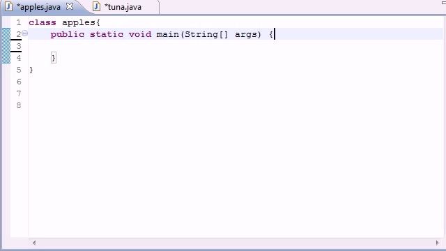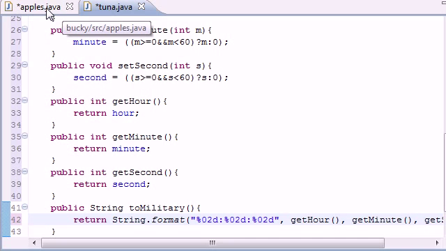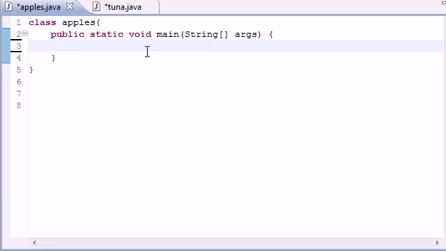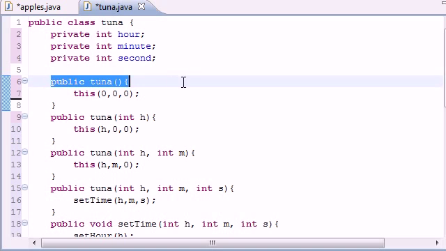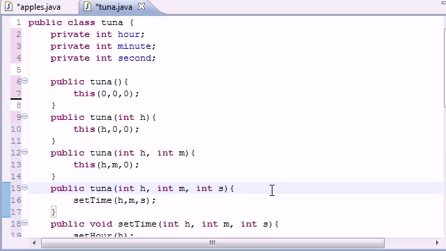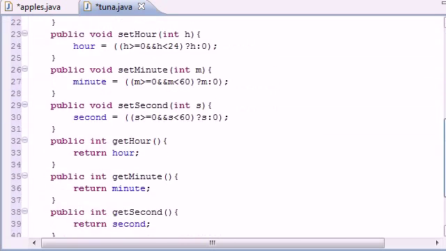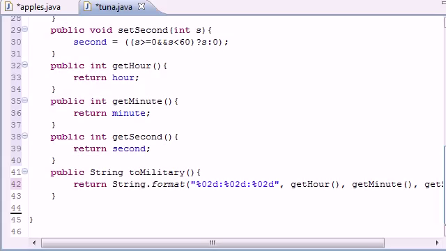So now we can go into our main Apples class right here, and we can begin building our objects. We're going to create 4 different objects because we had 4 different constructors, and actually I'm going to be doing that in the next tutorial. As you can see, we have 4 constructors: 1, 2, 3, 4. So in the next tutorial, I'm going to be building 4 different objects, each using these constructors in different ways, and then I'm going to be summing up and telling you how this whole program works and what we just did,